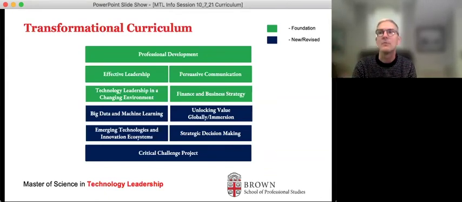And then what we do is we add programs like big data machine learning. This is a new course that we've just introduced in the last cohort. Students really liked it. We actually got amazing feedback from the students, and we're doing a massive pivot where what we're trying to do is have the students find a machine learning example in their own organization and really develop that out and actually pitch it to their organization. So it's not so much of let's go learn random forest algorithms. It's more of let's really understand what's the business case for change